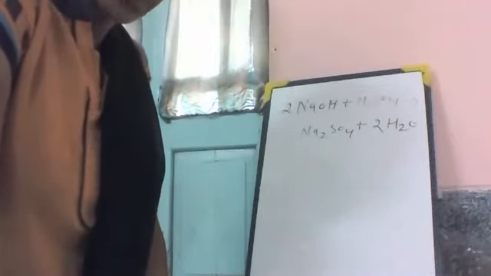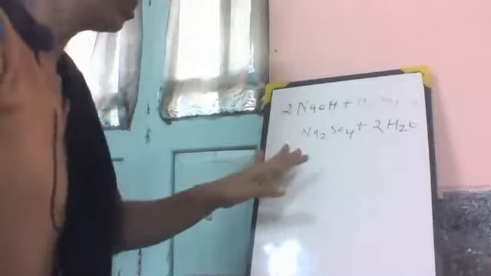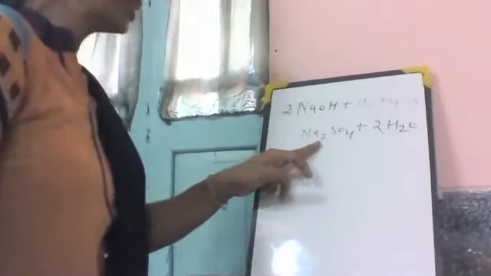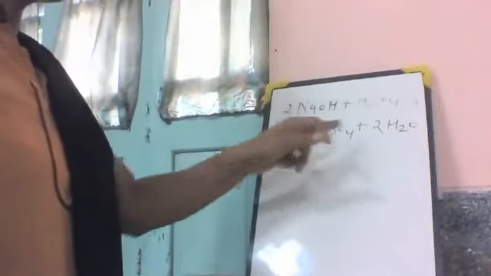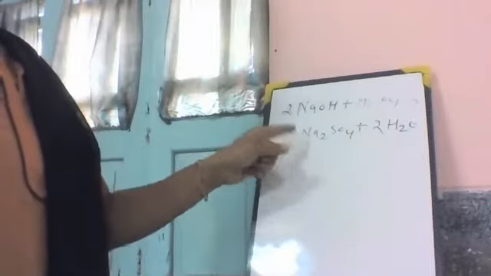The above equation tells us about the actual result of the chemical change. What are the products being produced after the reaction? So it gives the information about the reactants involved and the products formed as a result of the reaction. These are the reactants, sodium hydroxide and sulfuric acid. From these reactants, it produces sodium sulfate and water.